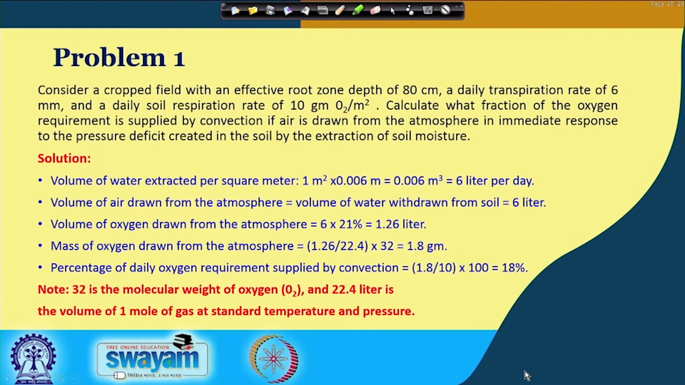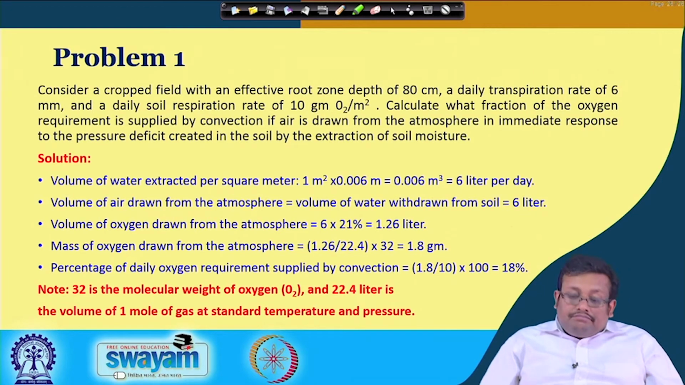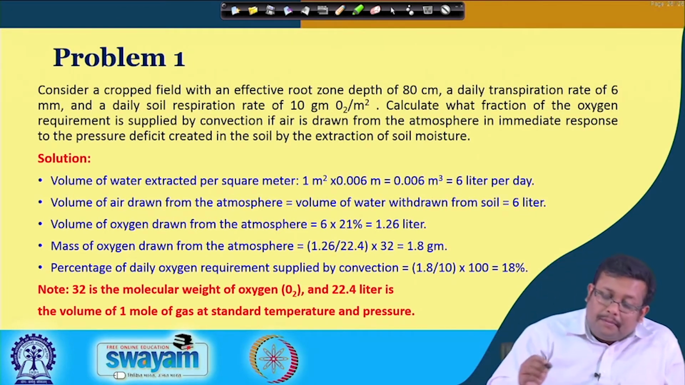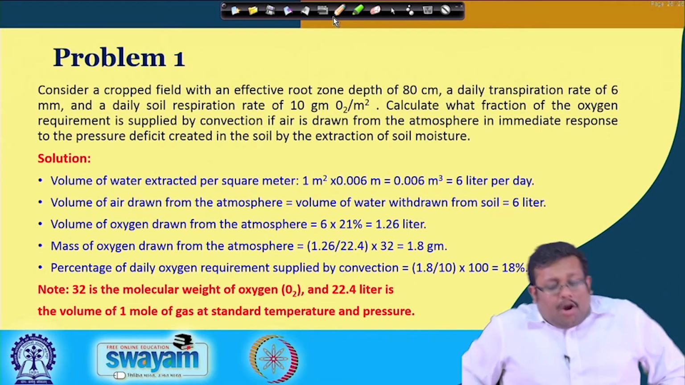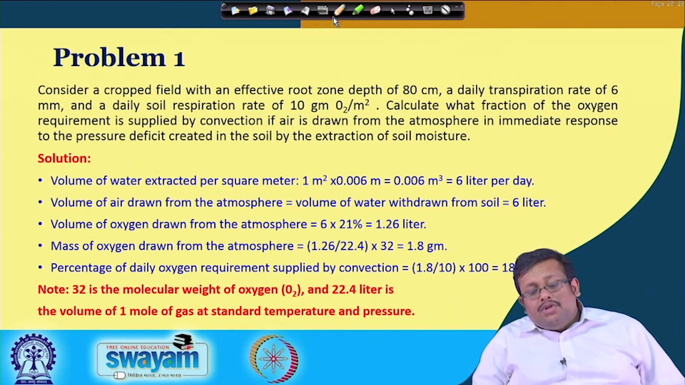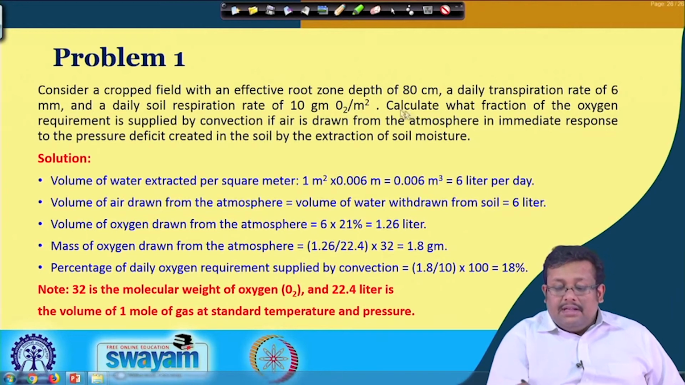Obviously, let us relate to soil aeration and soil temperature. So let us start with problem 1. The problem says, consider a cropped field with an effective root zone depth of 80 centimeter,